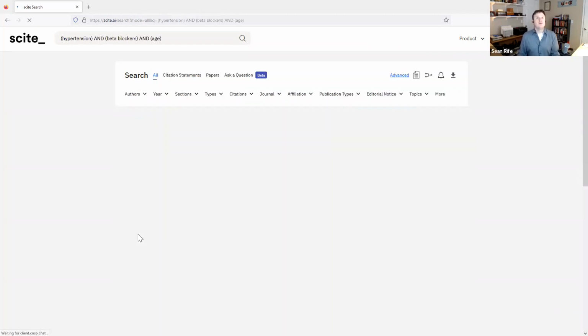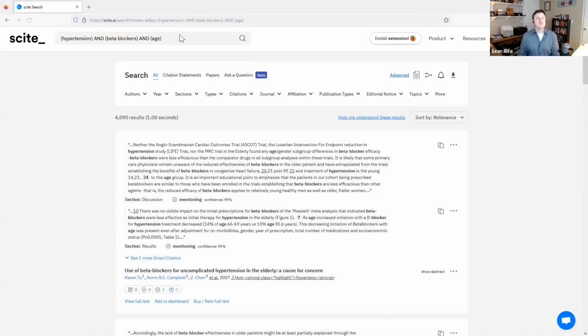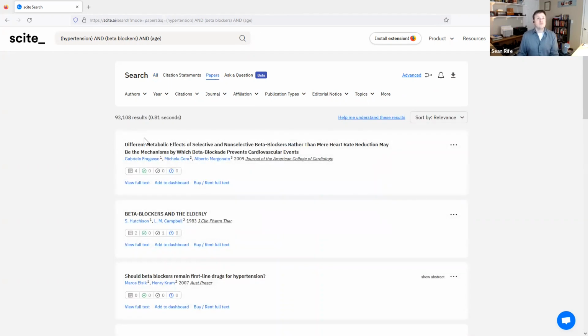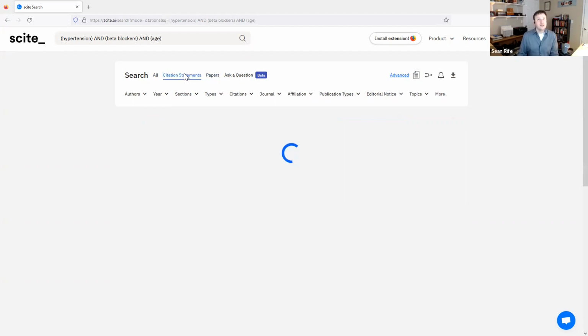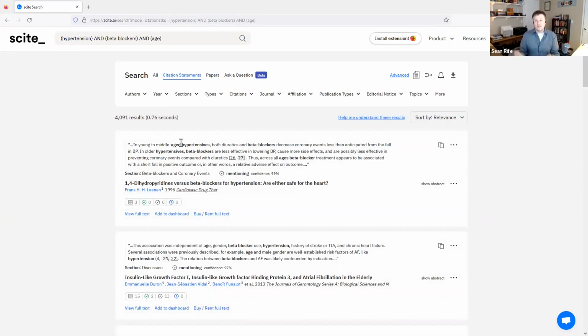This will give you the ability to compose that Boolean logic query in a fairly straightforward manner that I think a lot of other platforms have implemented in terms of just adding in the various terms. And then once it pulls up the search results, you'll be able to apply that to either both citation statements and papers, or one or the other. So this is a set of results that would be consistent with a lot of other platforms, whereas the citation statements would be the full text of the citations.